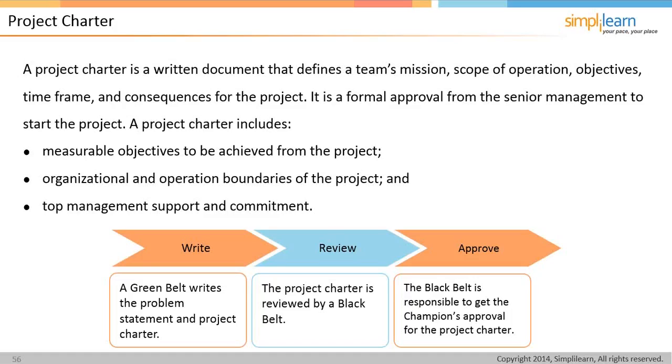So what often happens is that the belt will write the problem statement and project charter in combination or in collaboration with the sponsor for the project. The project charter is reviewed by, and it depends on the organization, in some cases it might be a black belt. In some cases it might be a master black belt. I worked with an organization for a number of years where it went through,